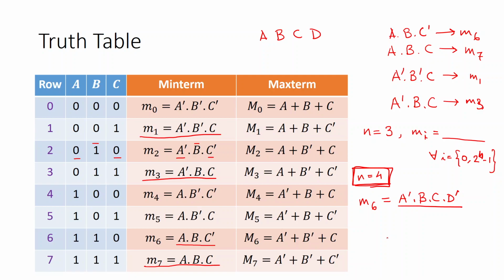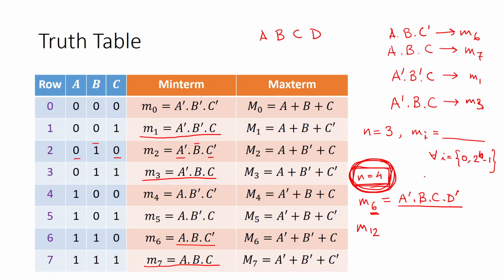There is no need to memorize the expression of the min term. You simply need to construct the binary number corresponding to this quantity. So if it is m7, you need to construct the binary number corresponding to 7. If it is m13, you need to construct the binary number corresponding to 13, knowing the total number of bits you can use. The total number of bits is the number of inputs.